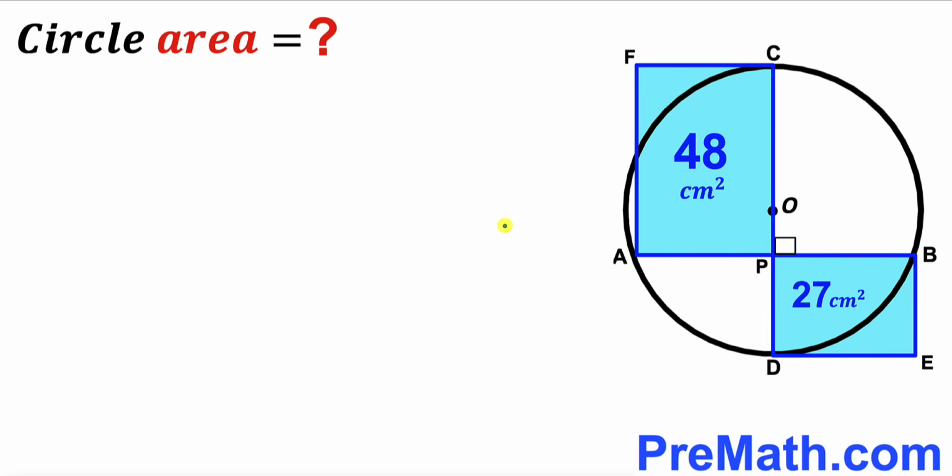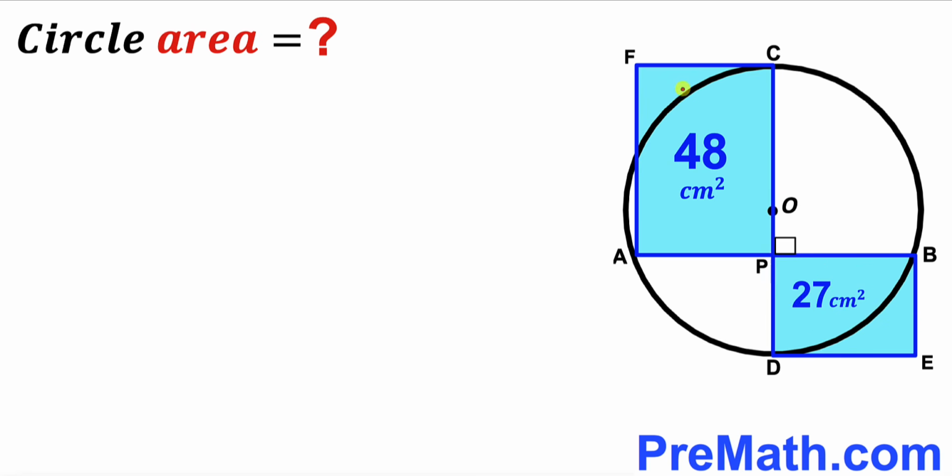Welcome to PreMath. In this video, we have got this circle with the center O, along with these two chords AB and CD, and they are perpendicular to each other at this point P. And as a result, we end up with this blue shaded rectangle AFCP and this another blue rectangle